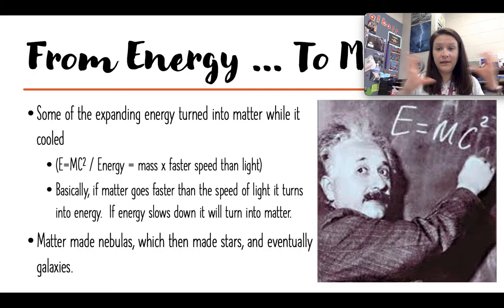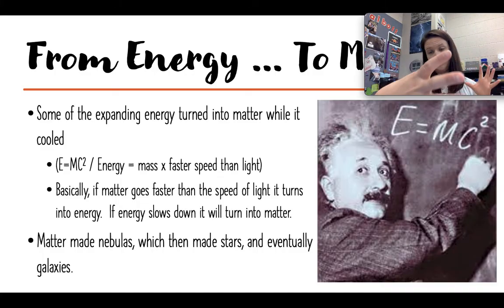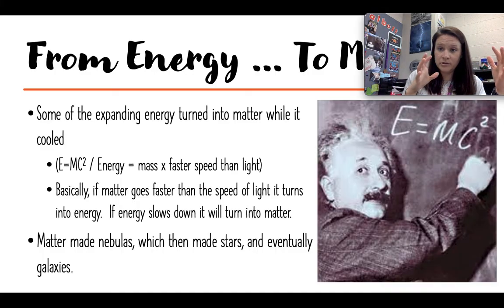when the energy that was expanding from the tiny ball started to slow down and cool off, that energy turned into the most basic forms of matter. That would primarily be hydrogen and helium, and most of it's actually hydrogen. That's how the main elements that make stars exist in our universe. So lots of hydrogen and some helium in our universe. And so the simple building blocks of stars were made,